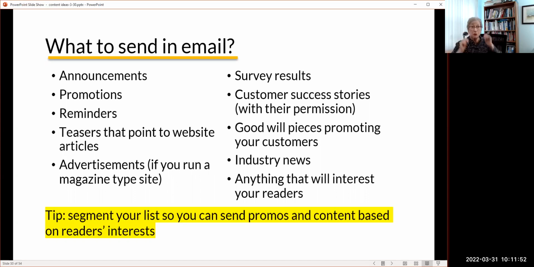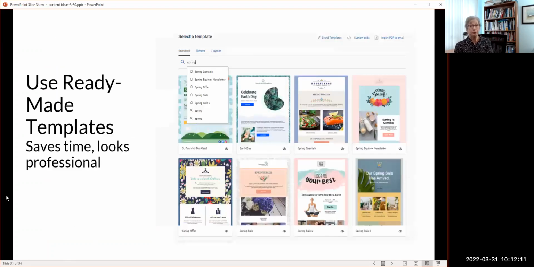When we were selling labor law posters, what we did is we divided our list up based on the states that people bought posters for. So the people in New York didn't know when Michigan changed the law, they only wanted New York. So we sent only the people in New York changes about New York, and for each state we did it that way. You can do that with your list too.